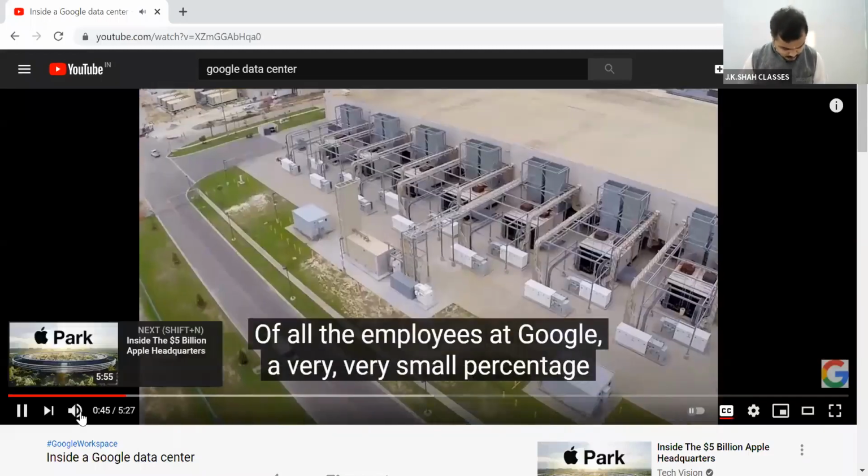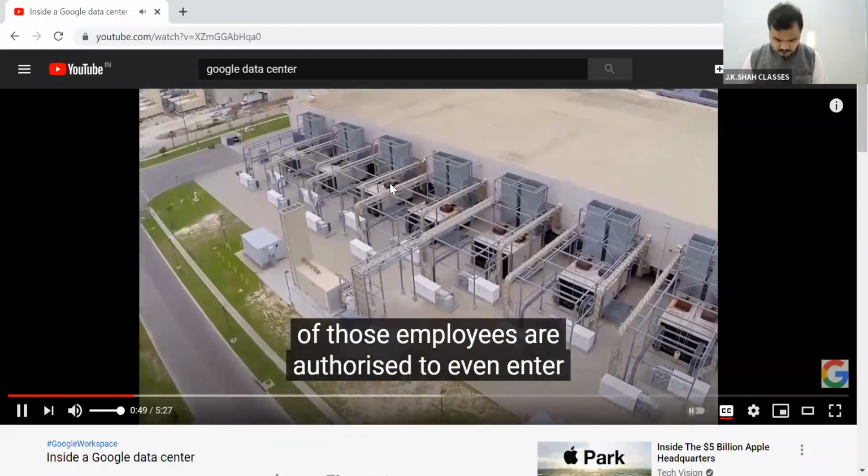Of all the employees at Google, a very, very small percentage of those employees are authorized to even enter a